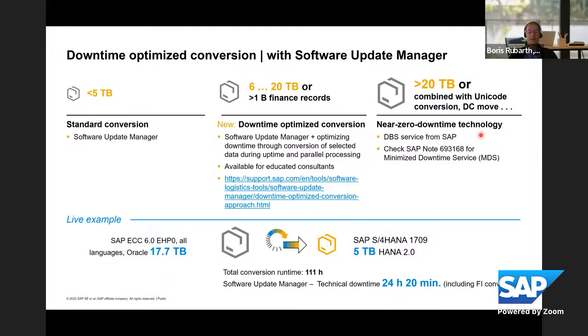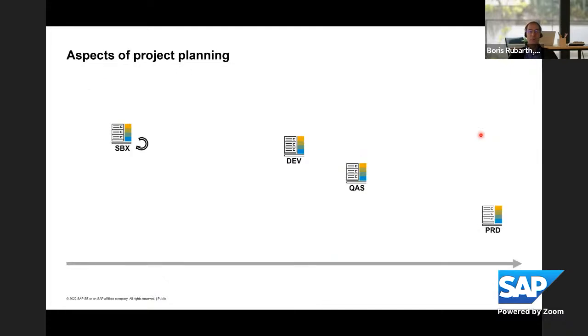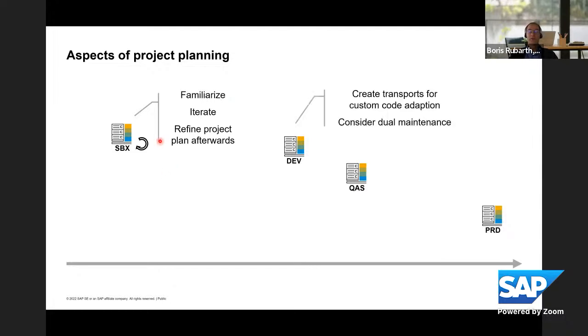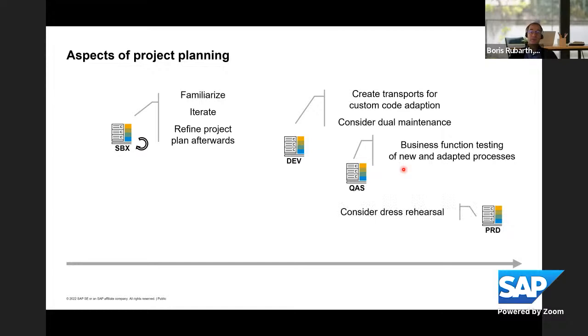Before we are done, I just want to mention that project planning considers different aspects. You will have a copy of the productive system sandbox. You will iterate this, get familiar with the procedure. You will convert the development system and do your adaptations to be applied in the following systems by transport requests. You will do business functions and tests of new and adapted processes, and you will consider a dress rehearsal on the